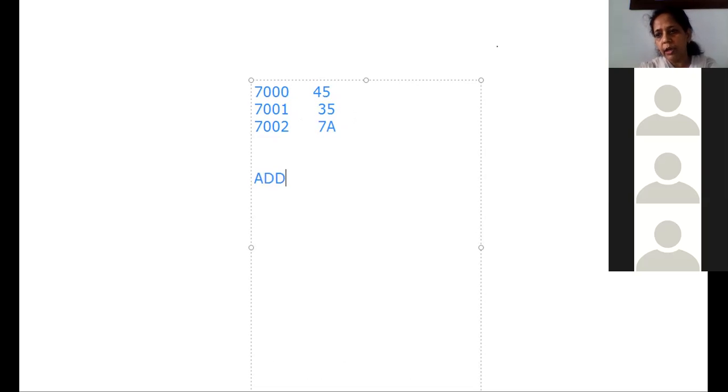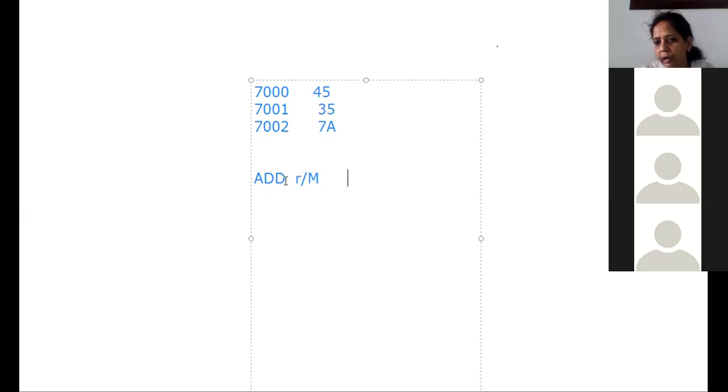Now, to do the add operation, we have to use the addition instructions you have learned, ADD and ADI. ADD takes a register name or memory, and ADI takes 8-bit data. So can I use ADI in this situation? No, because I don't know the actual data which is to be added. Whatever that number is, I have to add that value. So I cannot use this instruction; it is now discarded.